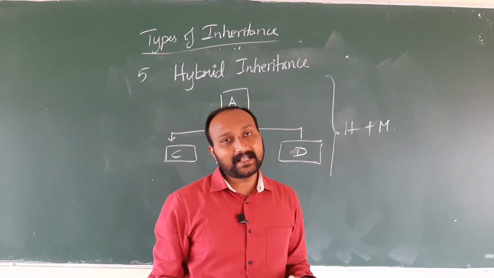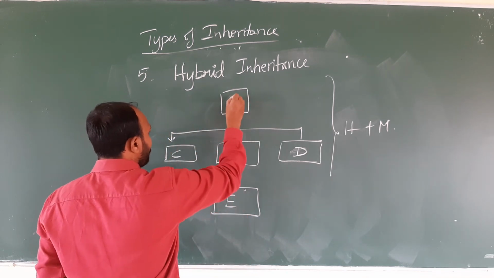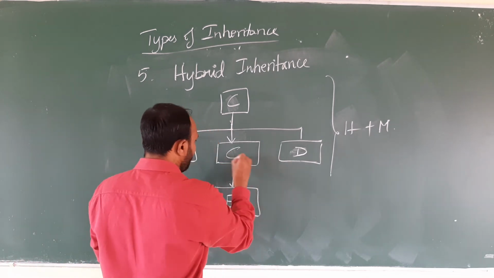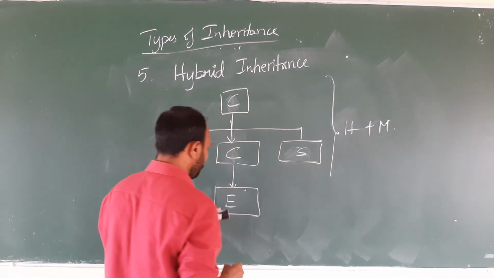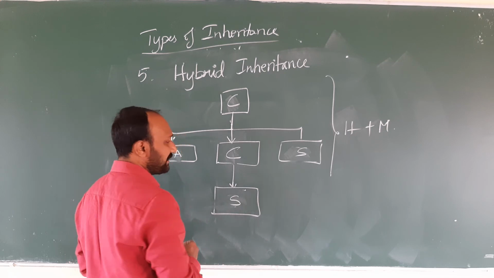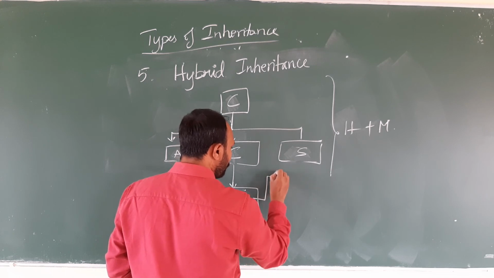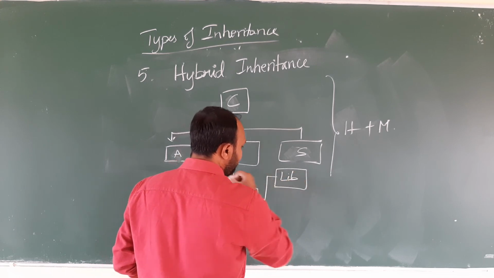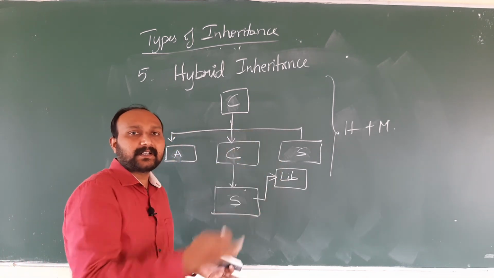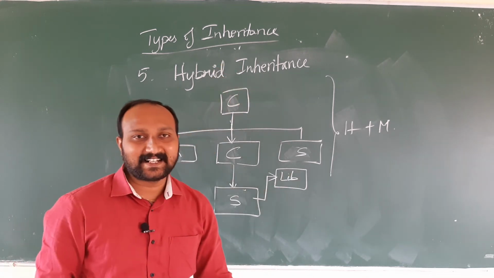For example, the same college will have Arts, followed by Commerce course and also Science. Followed by this, a student may be from a science or a commerce background, and he will also, please notice here, be a member of a library. So here it is a combination of different types. If it exhibits this type of inheritance, then it is referred to as hybrid inheritance.